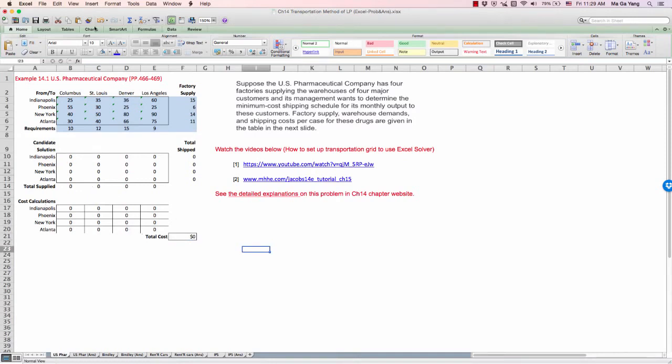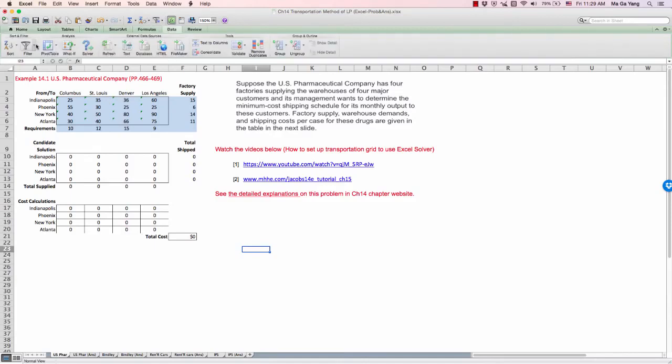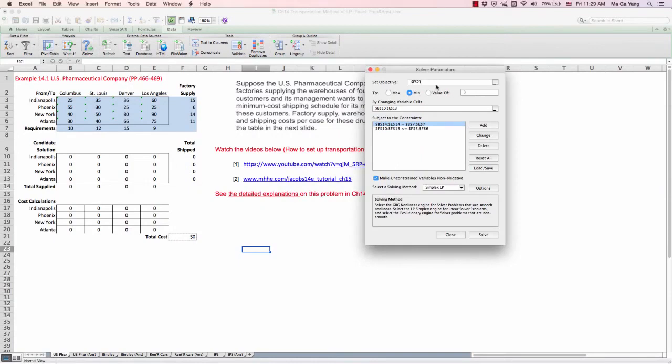Now you go to the Data tab and Solver. So let's delete. These are set up already from previous practice, so I want to delete them and show you from the beginning. Okay, set objective here. You have to select the target cell, which is the total cost cell, F21. Okay, that's your target cell.